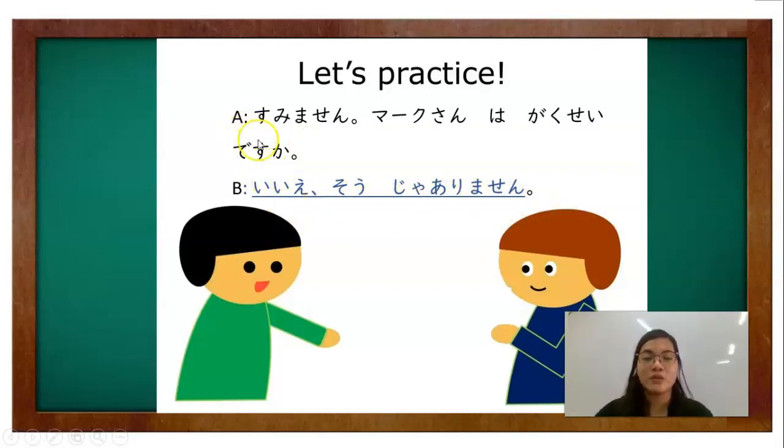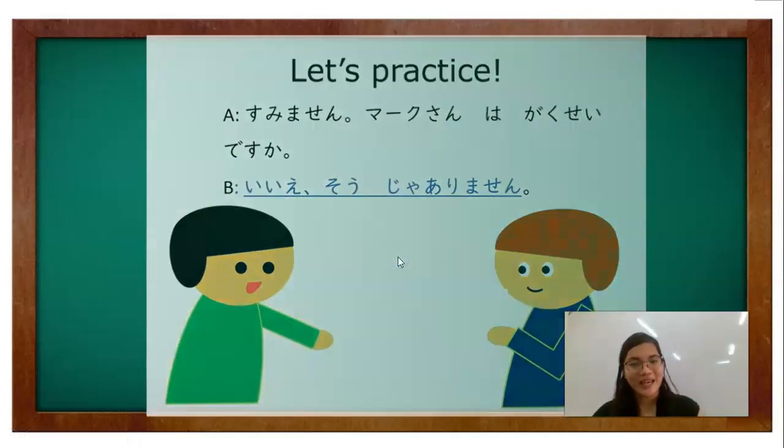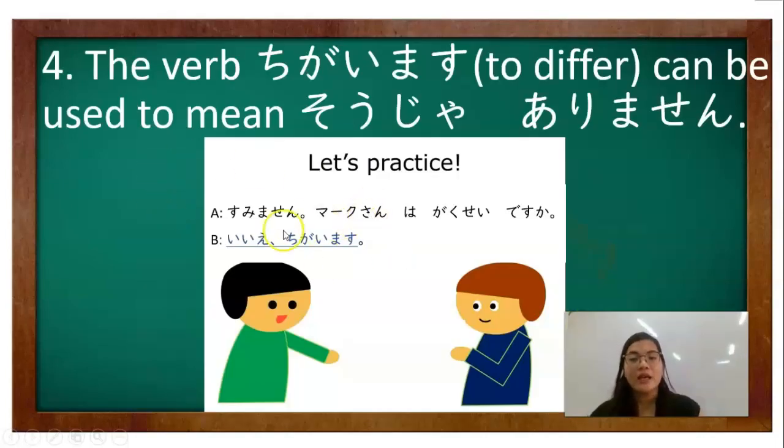Okay, now let's switch role. You will be A and I will be B. 3, 2, 1, go. Iie, so ja arimasen. Okay, so good job for that. And now let's proceed to the next. Okay, so aside from so ja arimasen, the verb chigaimasu, or to differ, can be used to mean so ja arimasen. For example,